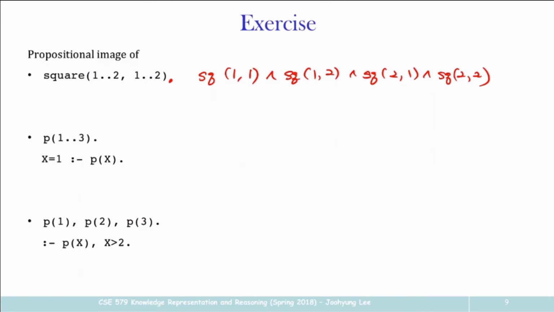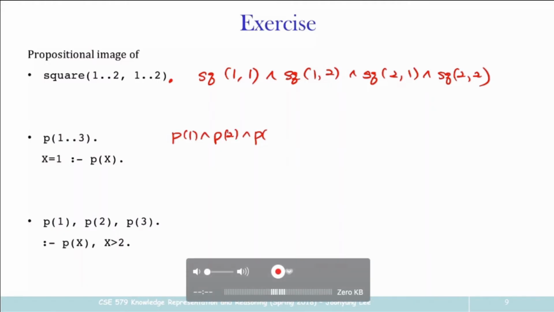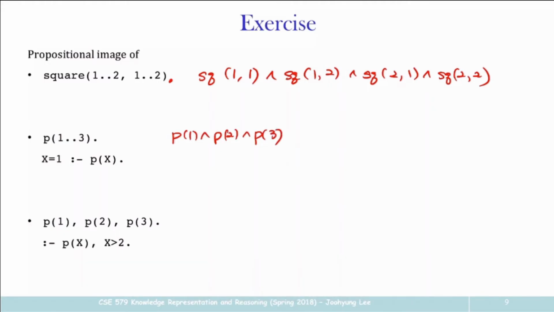So P1, P2, P3. This is a conjunction, right? So this will be P1, P2, P3. Now let's see. We know that in the second rule, x can be replaced by all possible values from the universe, right? But let's only look at the